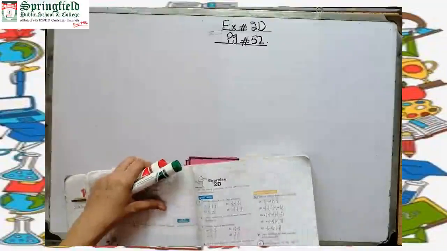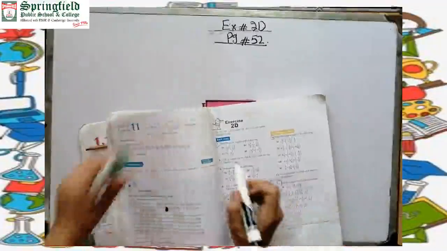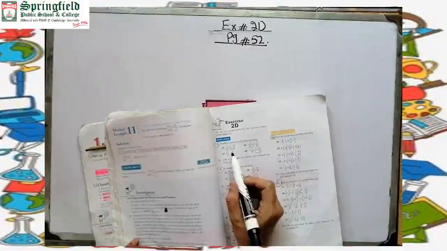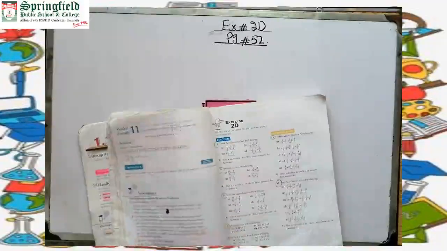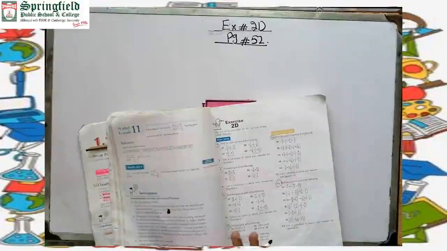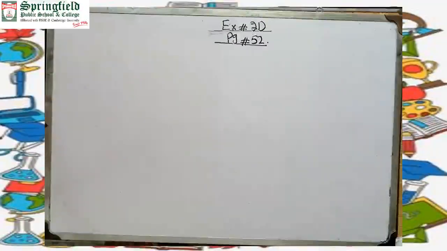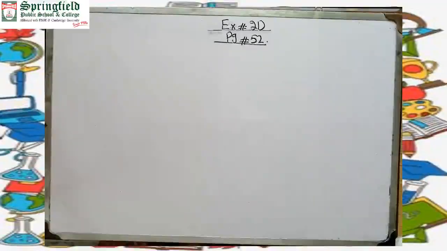Page 52, and question number 1. In question number 1, they are saying find the value of each of the following. There are two fraction numbers and they are being added. As we have already done many examples and practice questions, you can do all these questions easily. Fine, okay, but I will do only one part in each question. The rest of the parts you will do yourself in your notebook.